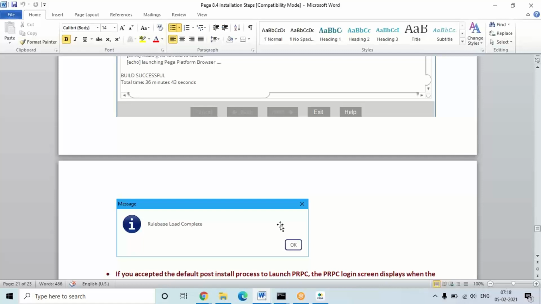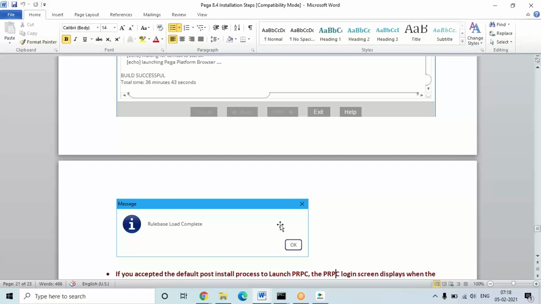Or if you don't have enough RAM, say only 3 GB RAM, it may fail sometimes. So if you follow the first two steps and continue with the instructions, it will install easily. It's not a big thing.